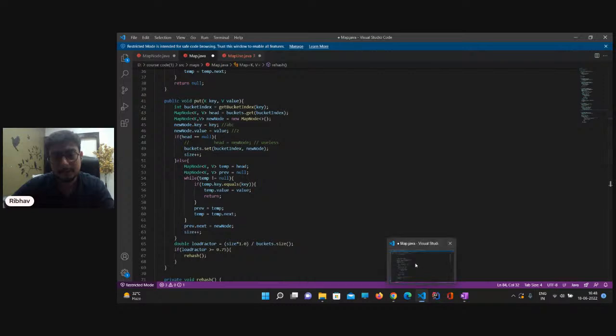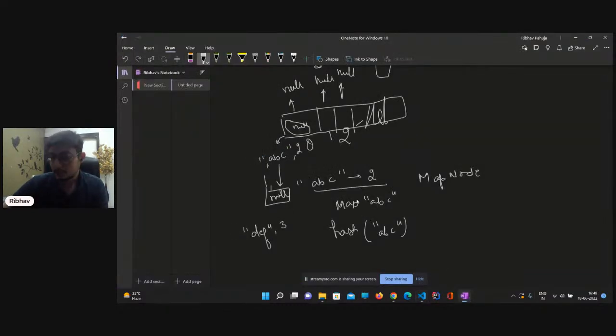To insert an element, what does the time complexity become? Let's say my maximum linked list size was n. So it becomes big O of n in case of separate chaining. But on an average, since we do not have as many collisions, it becomes big O of 1. What we assume is the linked list size is at most, let's say, 2 or 3 for each hash.